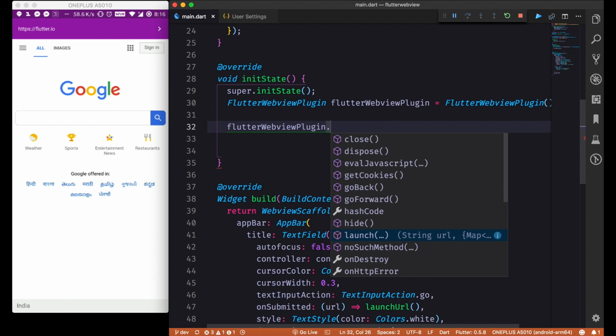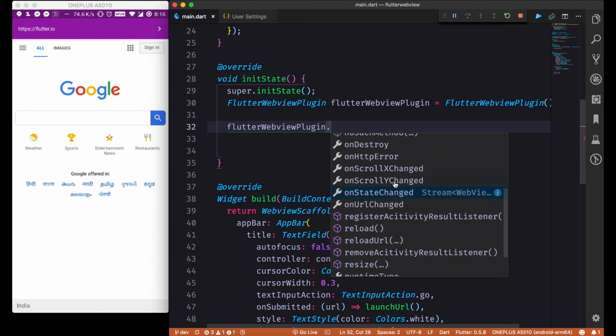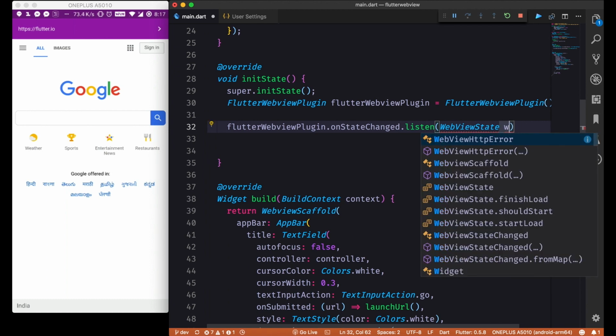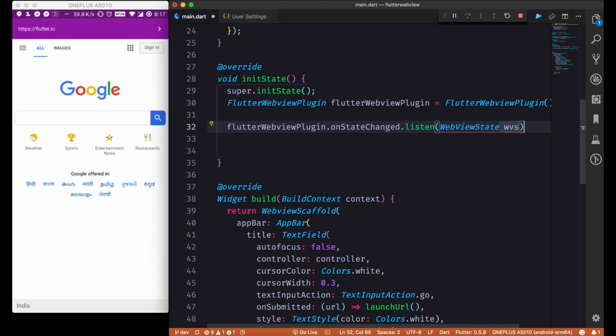So this launch is for launching the URL in another screen, which will be a native screen. Okay, and you can see we have these callback methods like on destroy, on HTTP error. So we can use these methods, and using these methods we can access the state as well. So let's see what else we have. So we have something called on state changed. We will listen to this method, and it will give us this Webview state changed, Webview state, which we can use. Okay, and then